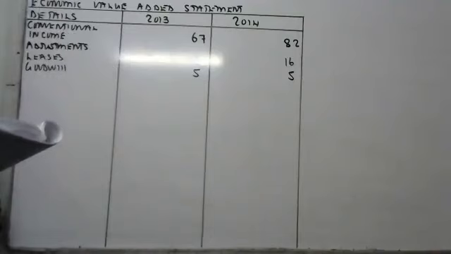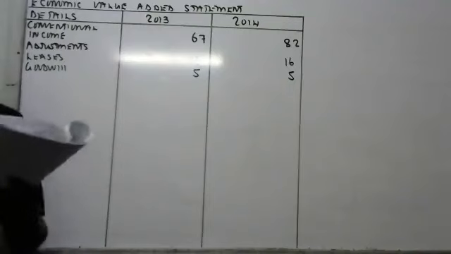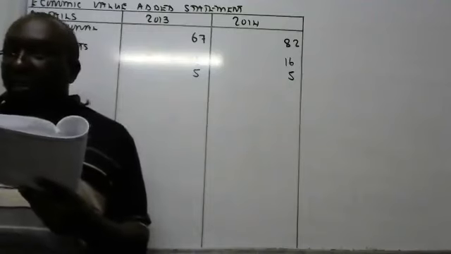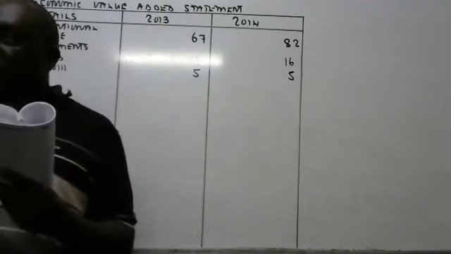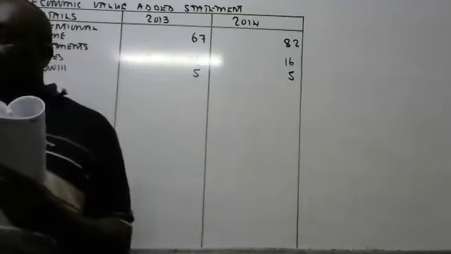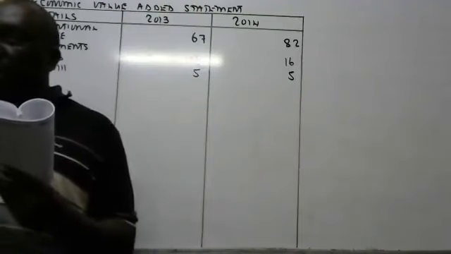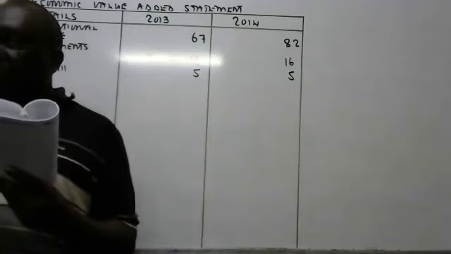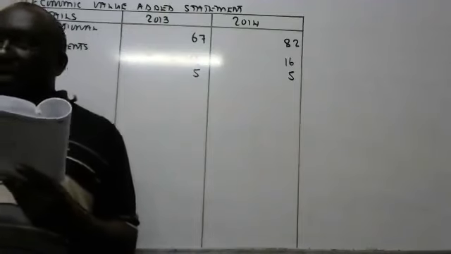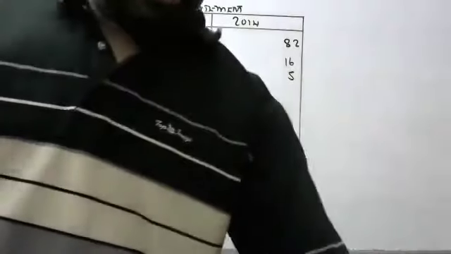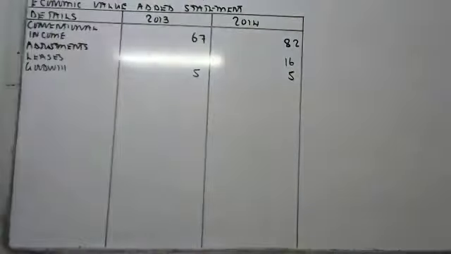The next information, number 4, we already have used it. Number 5, number 6, and number 7, we already have used them. Number 8, the economic depreciation amounted to 40 million in year 2013 and 45 million in year 2014. The amounts were equal to the depreciation used for tax purposes and depreciation charged to the income statement. Now, what happens in regard to the depreciation,